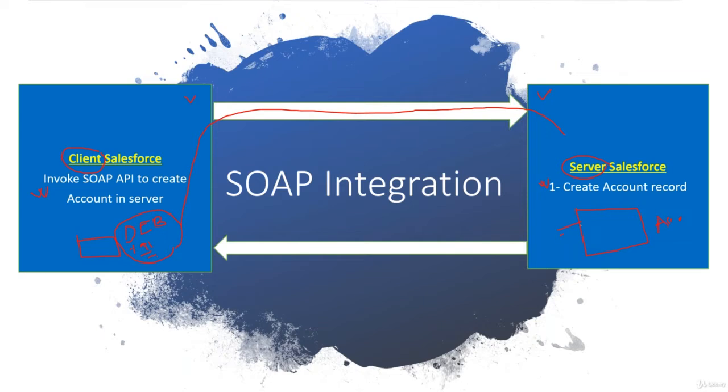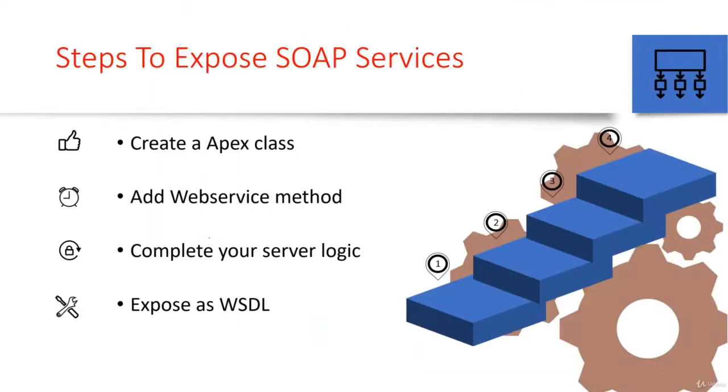In the server I'll have some kind of class or logic to create an account record. That's a very basic integration I'm going to show you using SOAP between two systems, how they communicate. With this basic example, I'll show you how this authentication, how this system is going to establish integration between the two. And when you do integration for any systems, just remember there are 4 steps to do, and it's quite easy for SOAP integration. So what are the steps we need to follow?